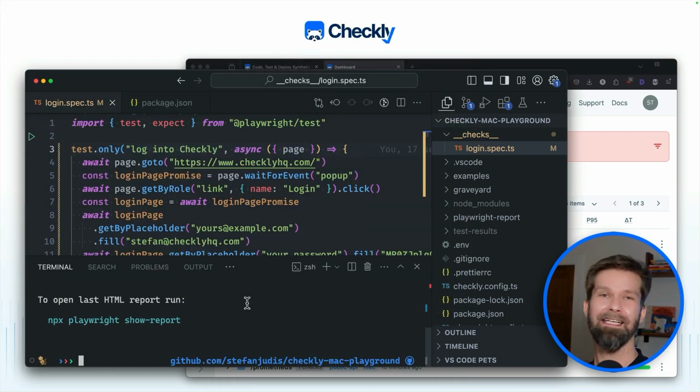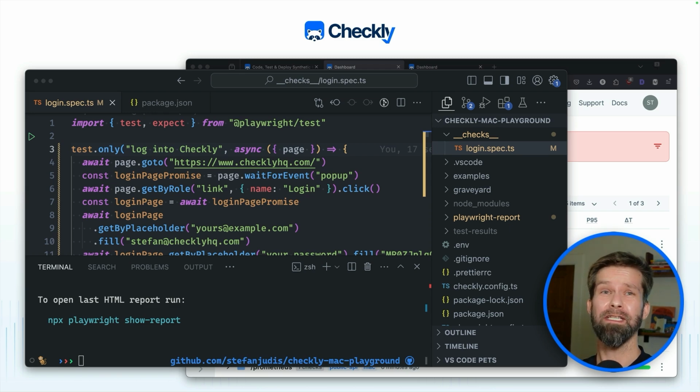And now we just created a successful end-to-end test for the Checkly web app login. And that's already pretty cool because you could now put this end-to-end test into your CI/CD pipeline and check on every pull request with Playwright if your code changes are breaking anything in your code base. But if you're like me, that is not enough to really feel safe that all user-critical flows are working in